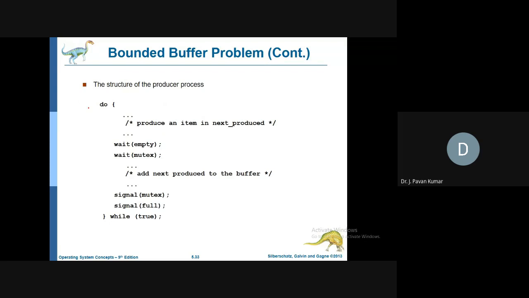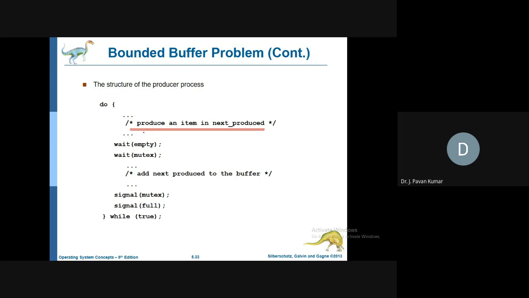Next, how we can implement this is, first, this is interesting, try to understand. We will be having a producer and a consumer. The producer will produce the items, the consumer will consume the items. Now after producing an item, he has to put it in the common buffer.